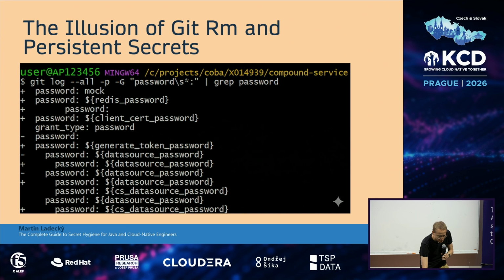So I will take here, hopefully this will work. Yes. So here is the command for how you can find it. There are a lot of tools, but again, I like my command line. The salt in the wound is that Git has a grep command. So Git will help you find your passwords. You don't need any sophisticated tool. Just grep password, and you will see how it looks.